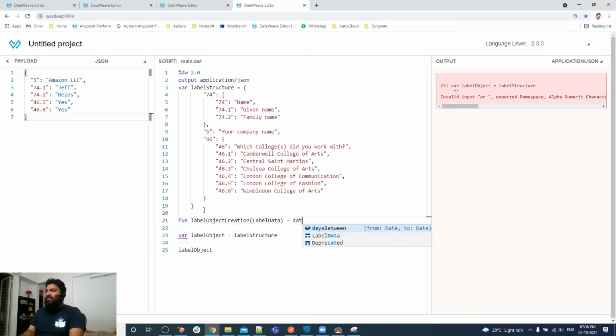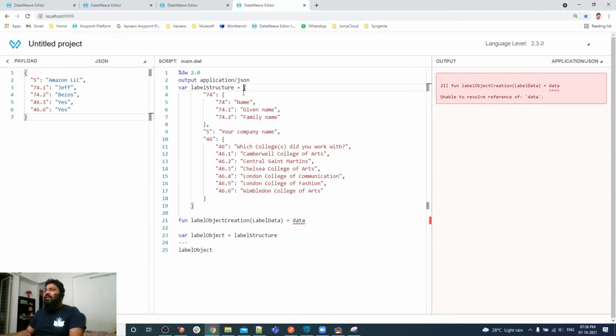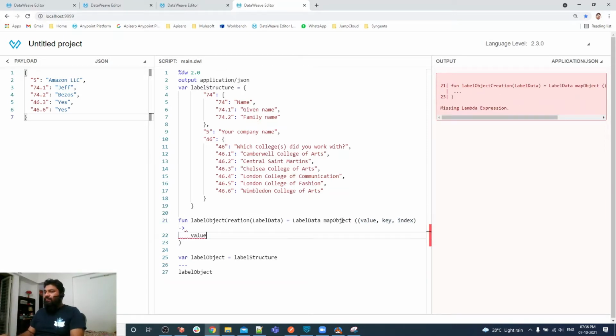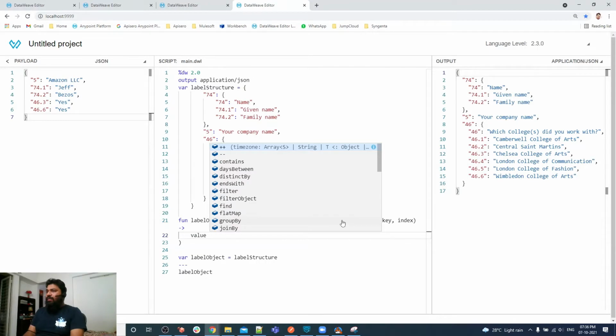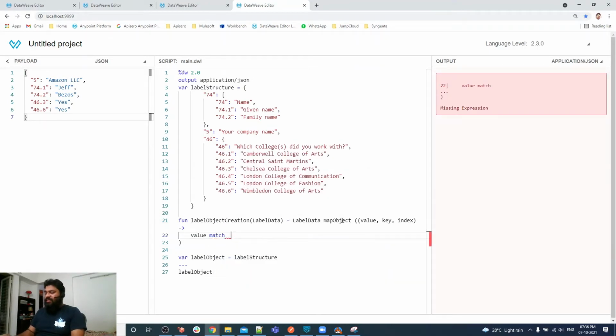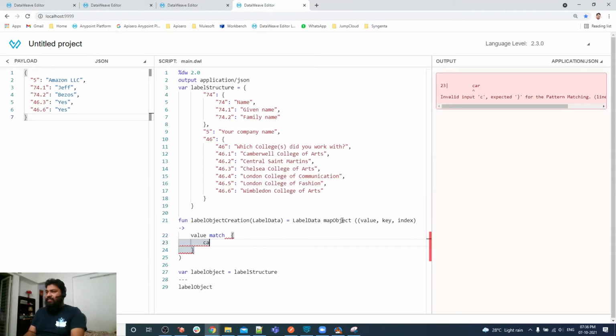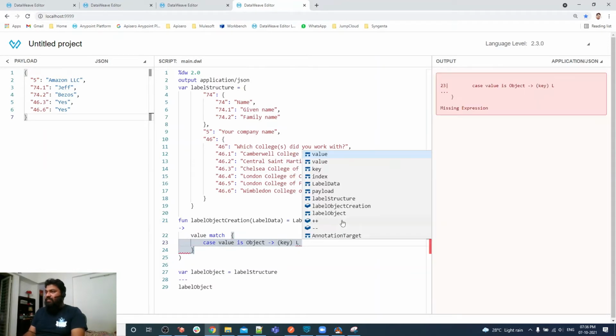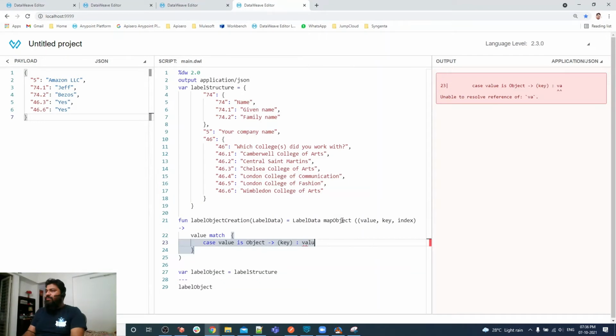As I know that label data is objects, so I'm going to apply map object over that. Map object, I got the value. I'm going to apply match condition. Case value is object, then key and value.